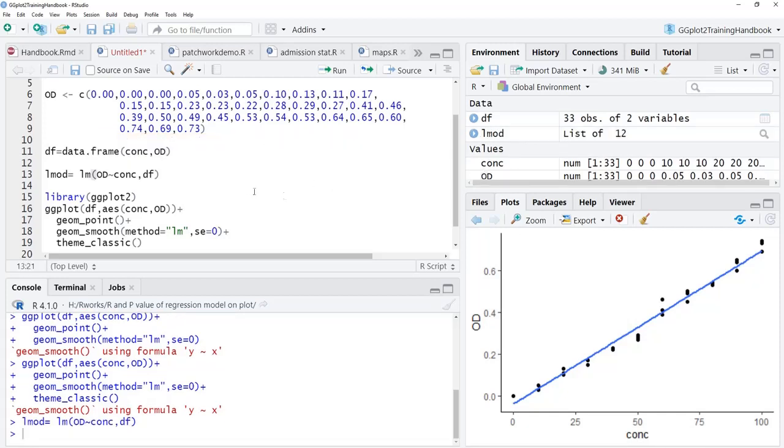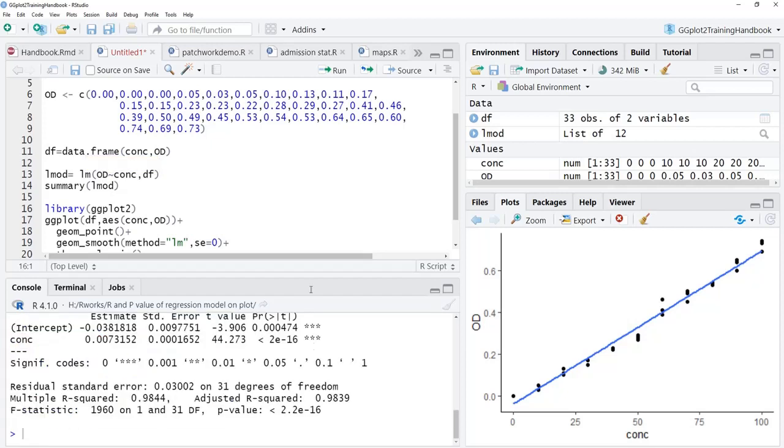We'll see the summary of the model. summary, and lmod is the model object. We'll run that, and this is the summary. In the summary, important to us are the intercept and the coefficient for concentration.